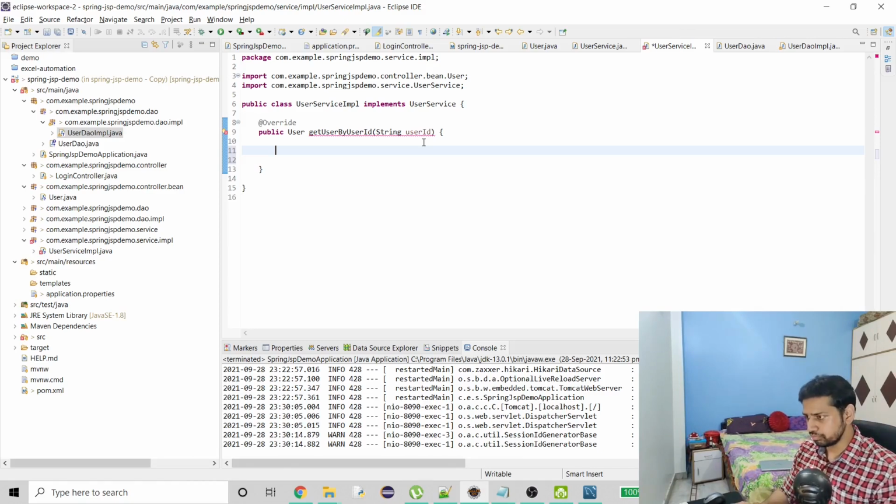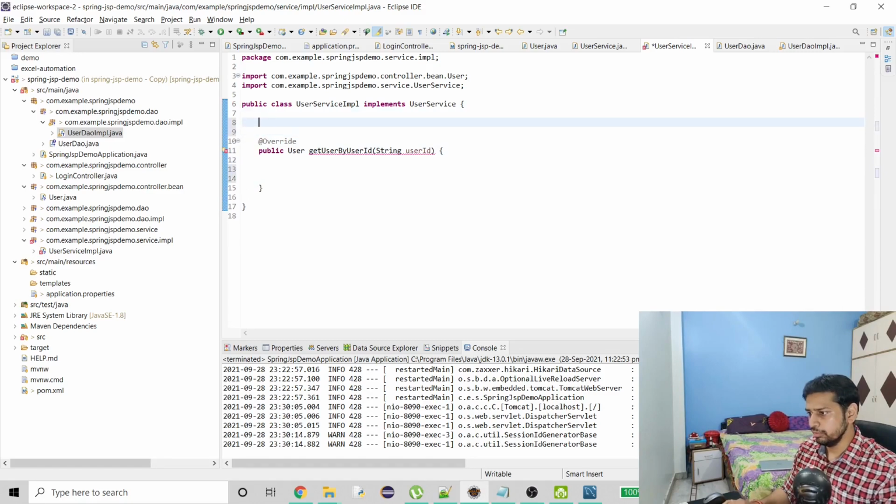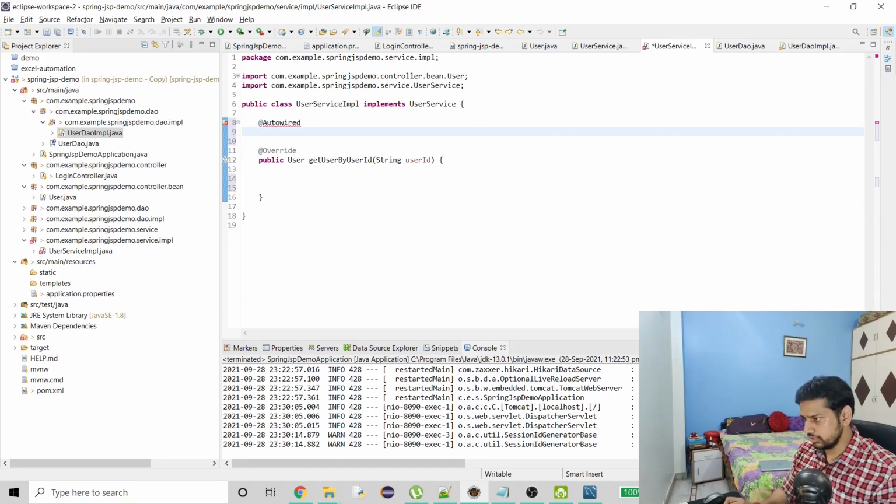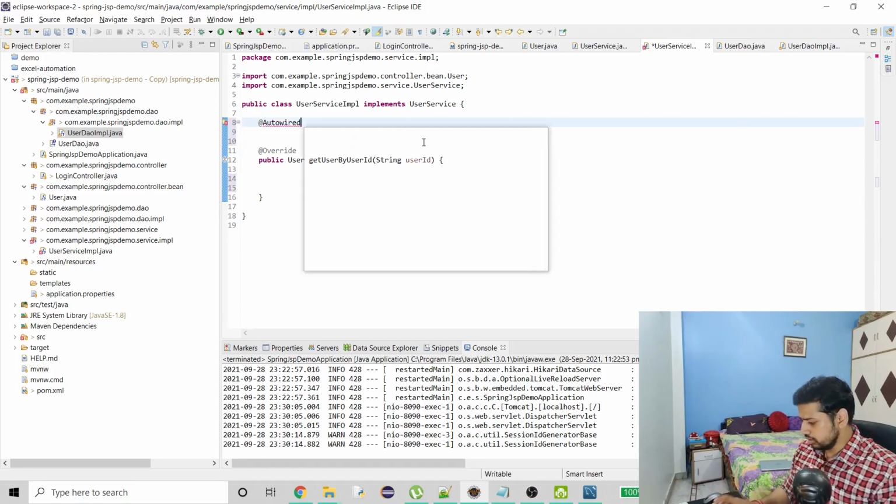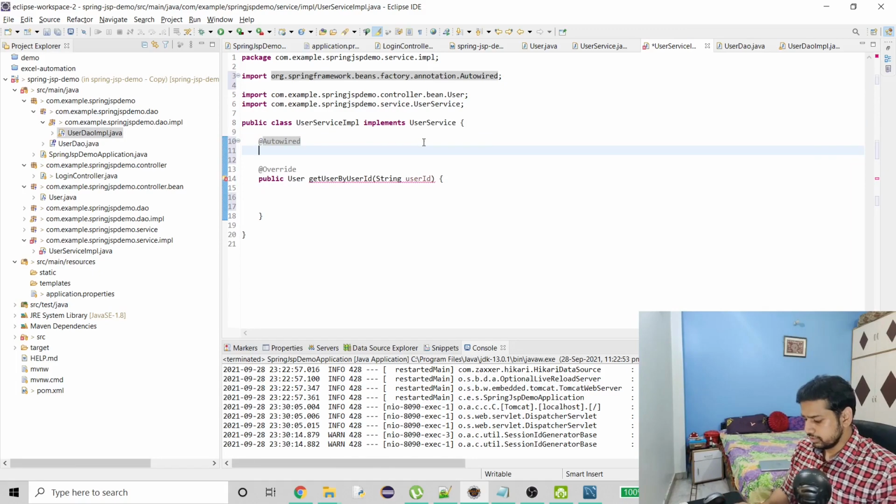So here what we need is the user DAO because we have to use its method. So let's autowire it and import this, and then we have to do user, right.